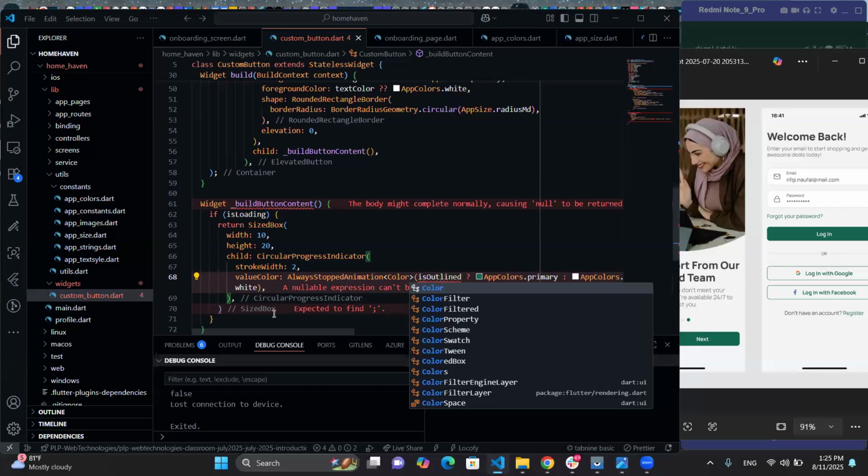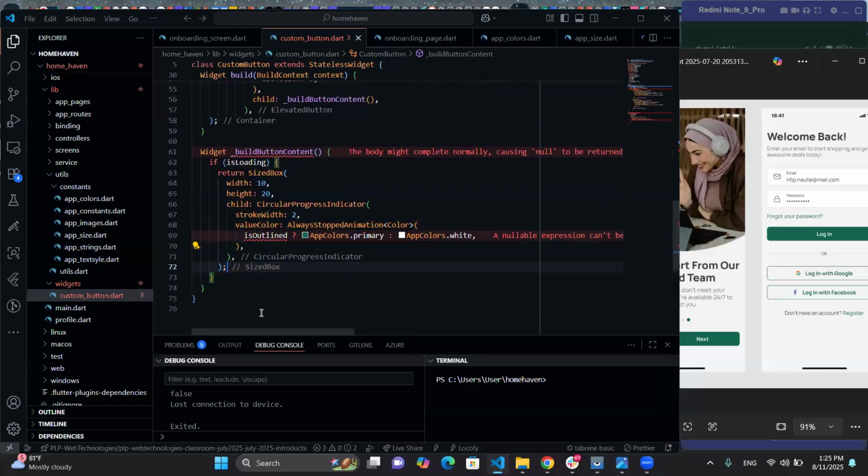This here. Always start animation. A non-expression can't be. Okay. Non-expression can be. Yeah, of course. Oh, no. Now, if it's icon,